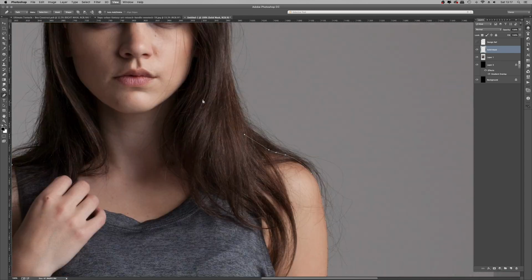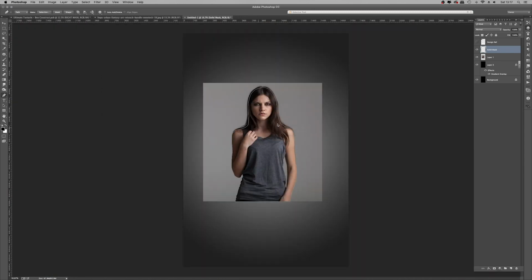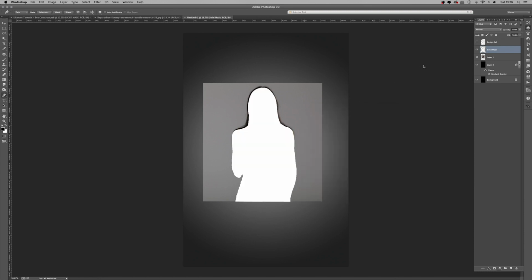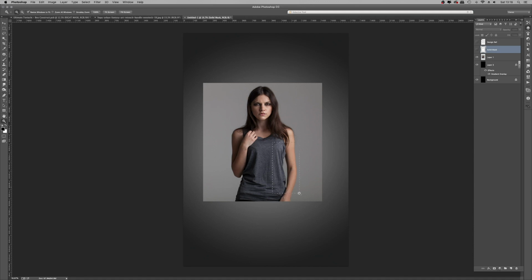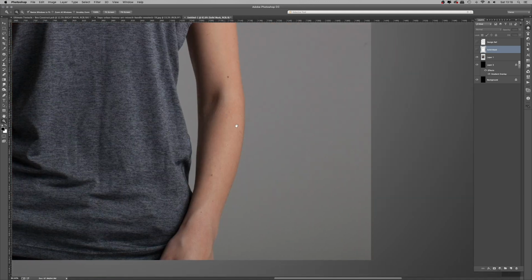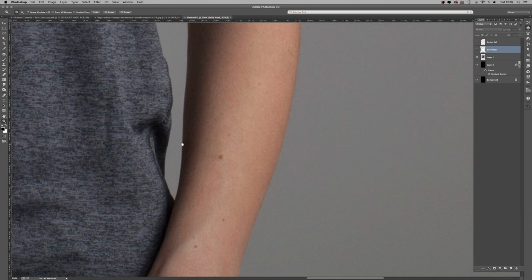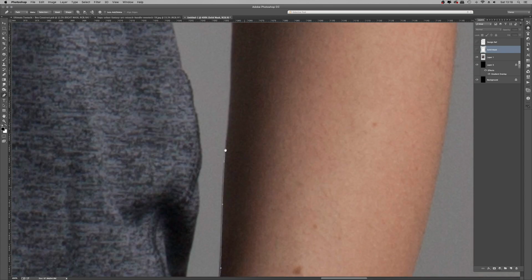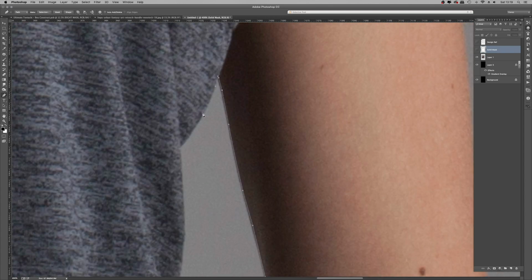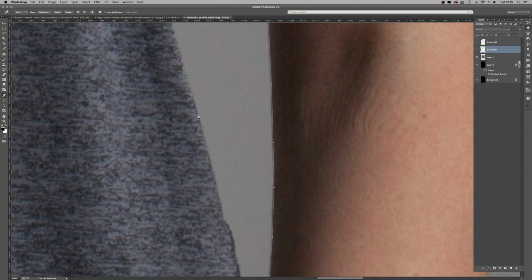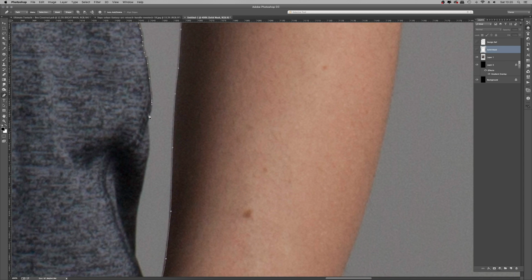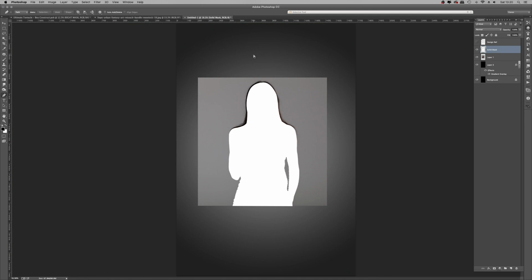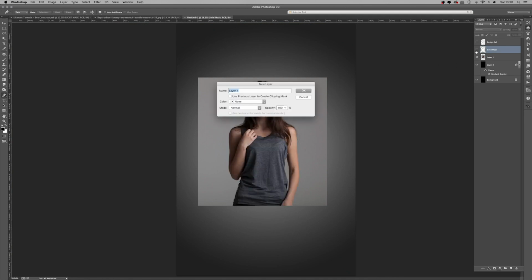So this is Liepa from one of our portrait galleries, and my method of cutting out humans is to use the pen tool, as you can see right there, and then create a path around the solid edges, fill with white on its own layer so I can refer back to that layer mask at any time. Command click that particular layer, control click if you're on Windows. And here you can see the inside hole of the arm and the t-shirt being cut out, and once that path is complete, right click on that, make selection, hit delete, and then we have a solid mask.